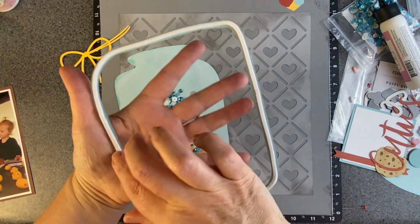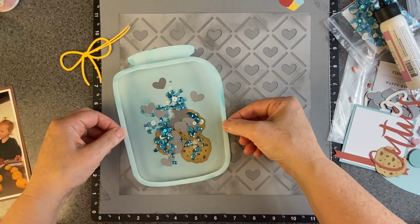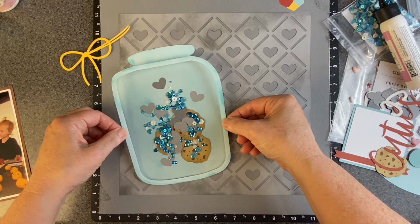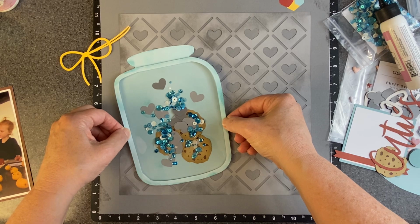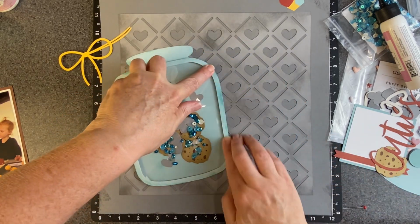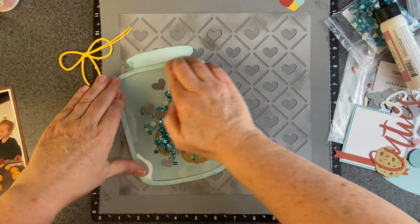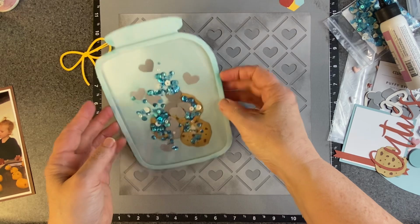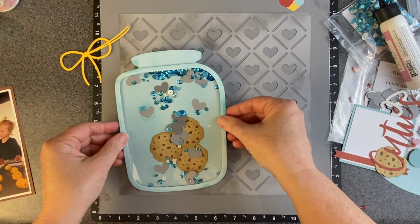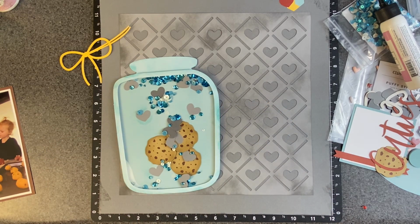Okay, I think I've got it all off. And here we go. There it is. And we want to rub around there so that it makes a good connection. And there we go. We have a little shaker element on our cutesy little